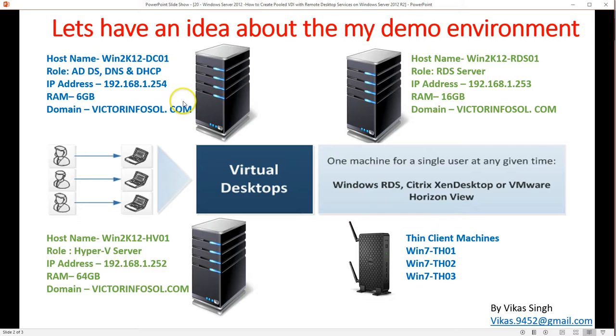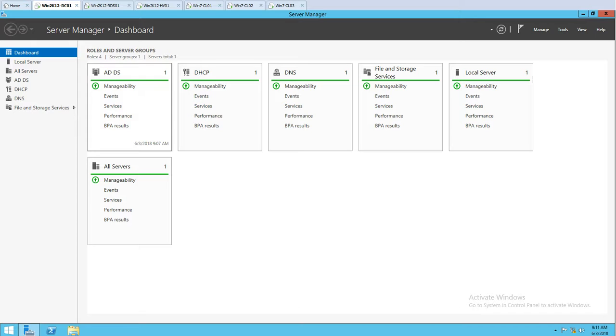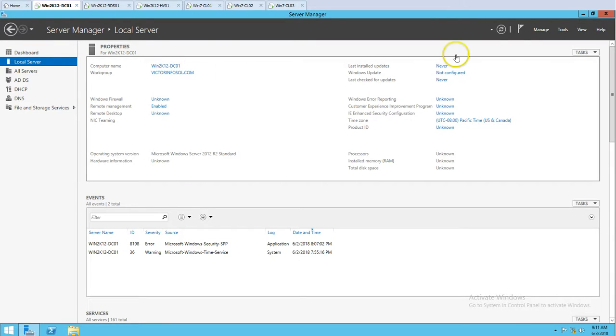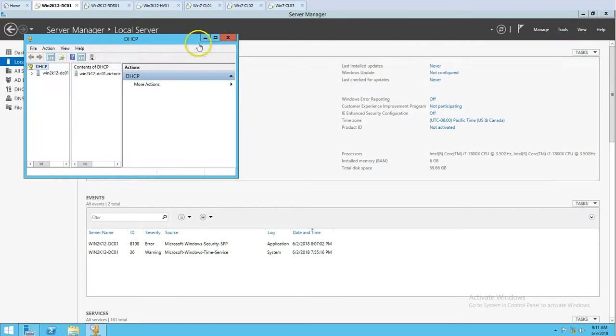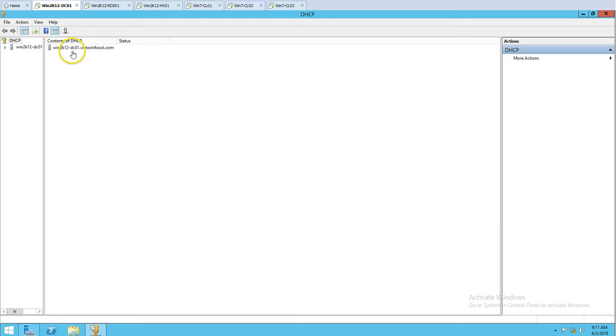The first machine is Win2K12 DC01, which has my Active Directory, DNS and DHCP roles. I additionally installed the DHCP role on my Active Directory server. Here you can see the Active Directory, DHCP and DNS roles. This is my DC01, and now if I go to my DHCP, which I have just installed, you can see I have